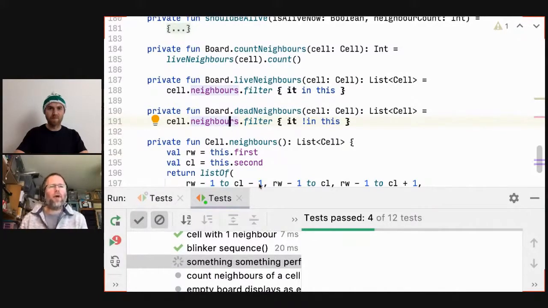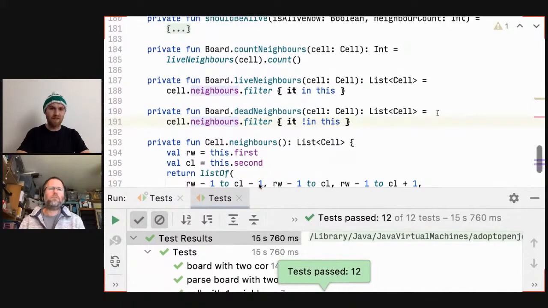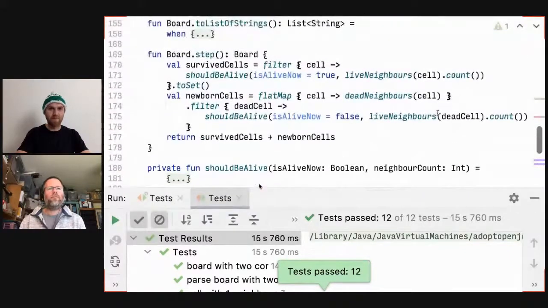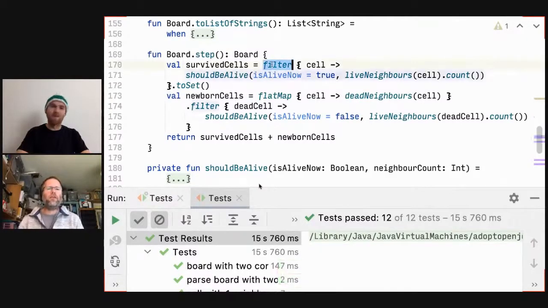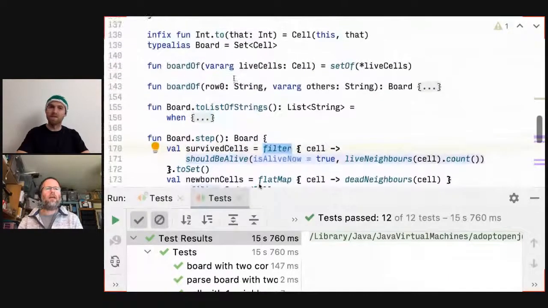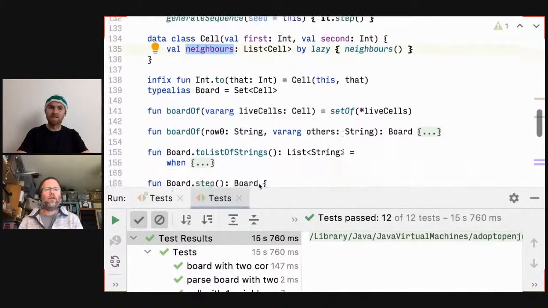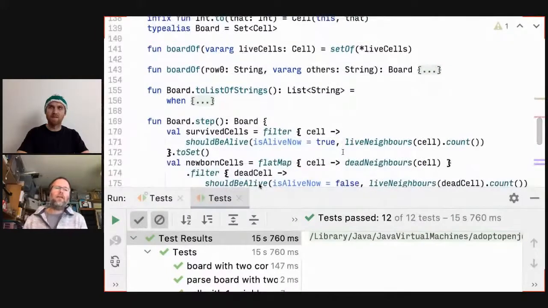Because my gut feel says we are reusing cells between boards. Yeah, it is slow. Because we are... So survive cells, we're basically taking the cells from one board and moving them onto the next board here, right? So you would think that caching, basically, the list of neighbors for every cell would help. On the other hand,